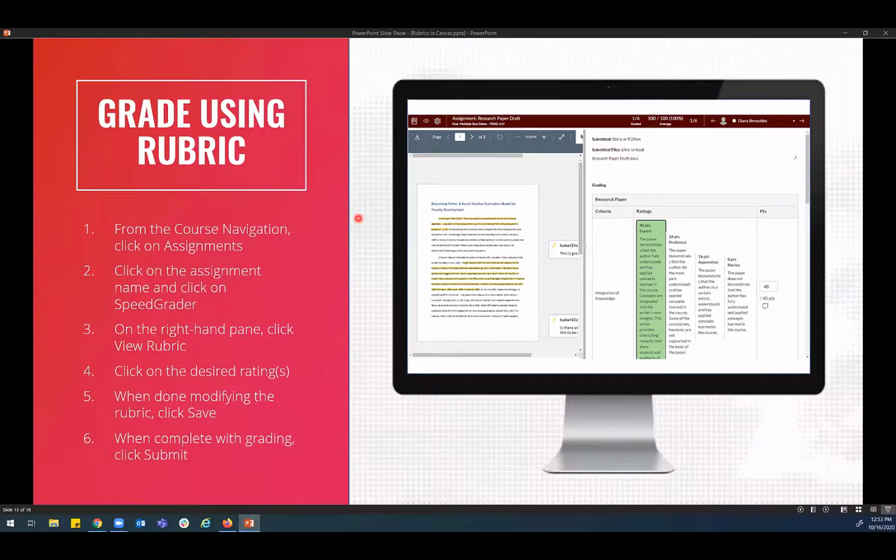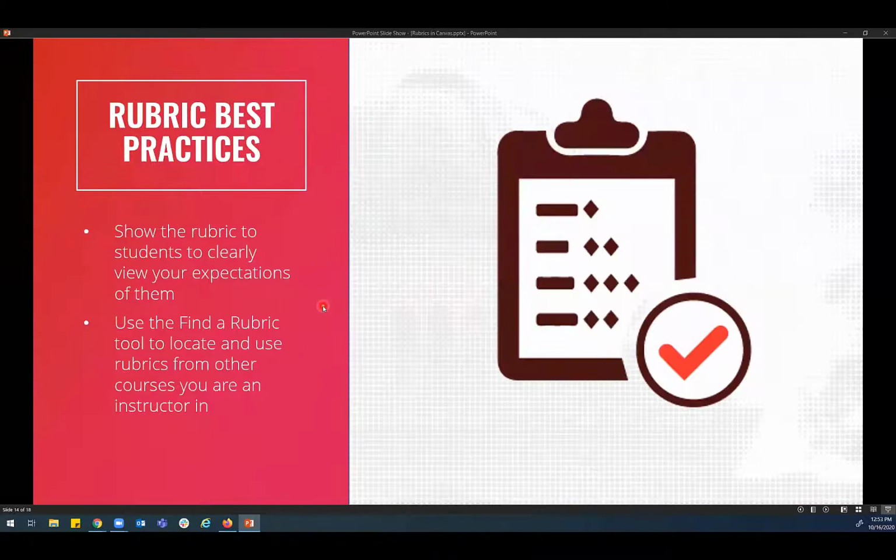You saw how easy it was. I just clicked, and I was able to be done with my grading really fast. Rubric best practices, that was a tongue twister for me, is make sure you're showing the rubric to your students so that you clearly give them your expectations, letting them know what you expect of them from the beginning, making them aware of those criteria and their ratings, so that when they're creating and submitting their assignment,